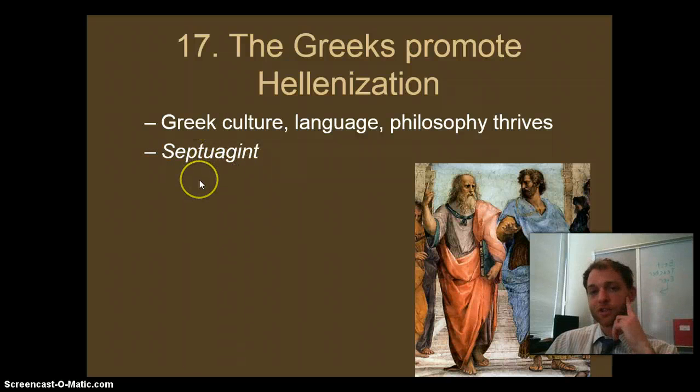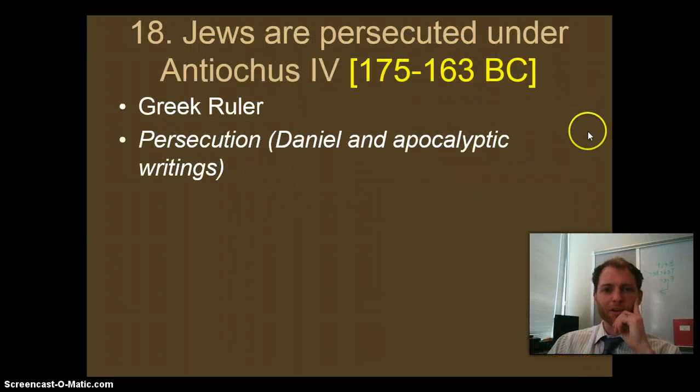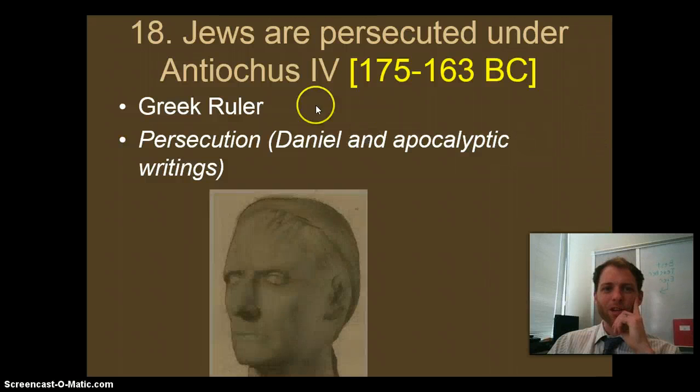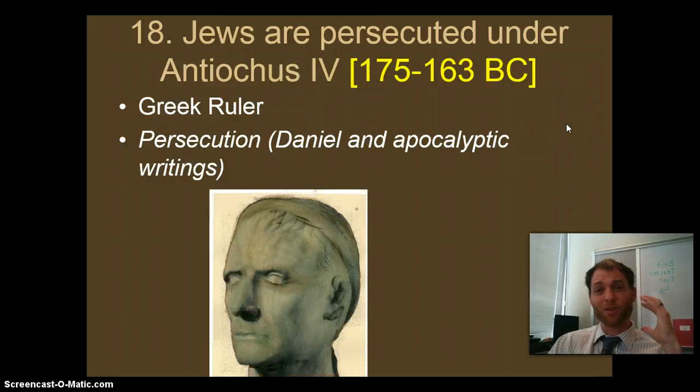Remember we talked about that last unit? It's the translation into Greek of the Old Testament. That's Plato and Aristotle, by the way, Greek philosophers. And then there's a Greek Roman named Antiochus IV who is also doing Hellenization after Alexander, and he